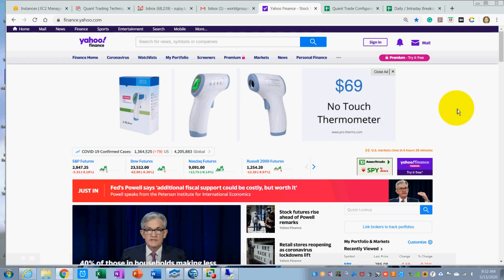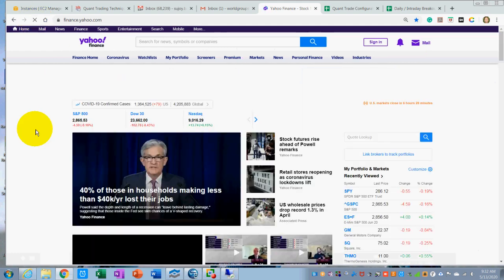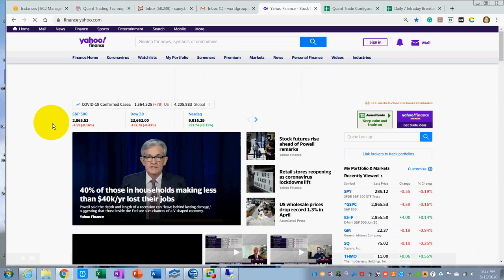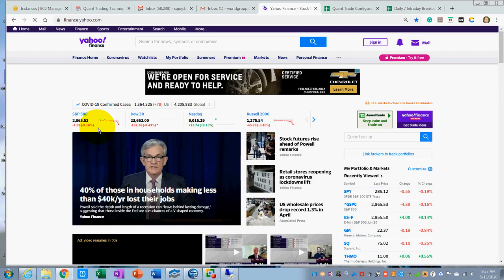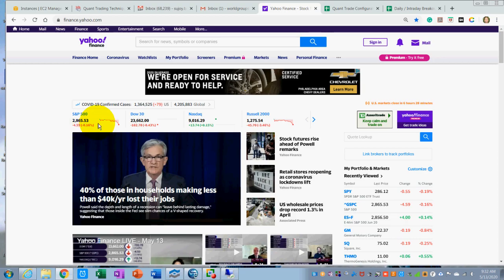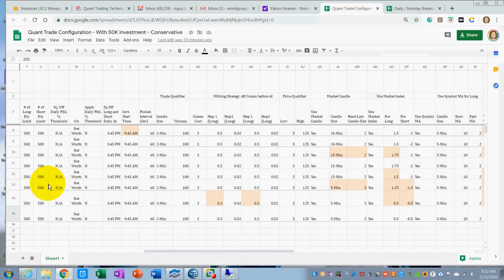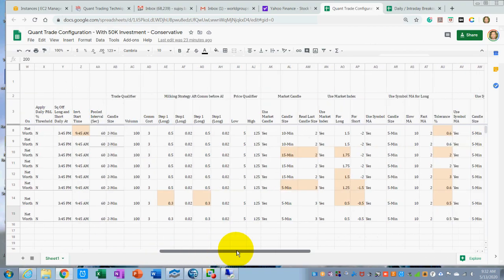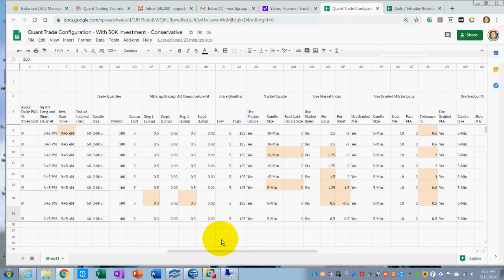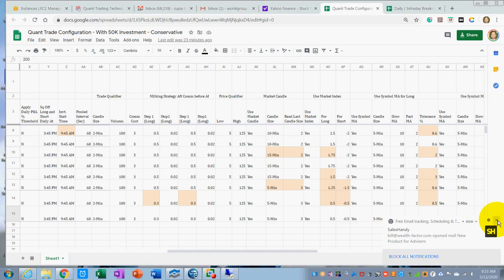Well, it's 9:32 now. It seems the market just opened, and let me refresh it and see what the future looks like. It seems like we have a mixed signal. S&P is going down negative 0.16%. As per our strategy, we will not start any investments before 9:45. That's the rule. And the second rule, as I mentioned earlier, is that we will qualify the market only if it is below 0.5%.